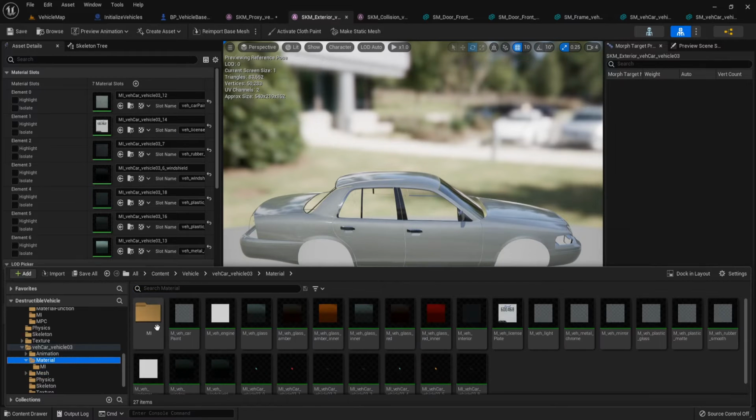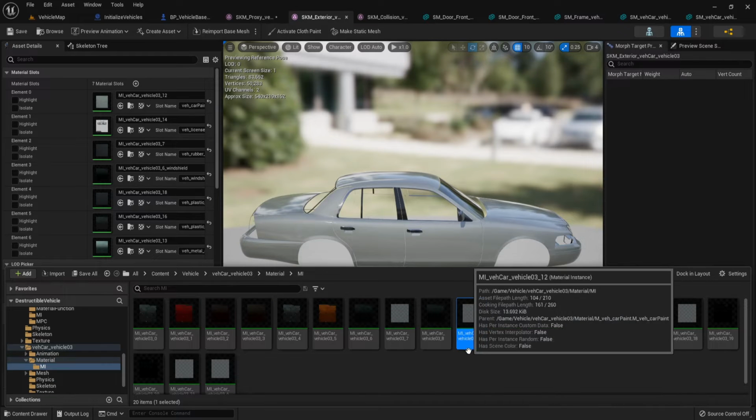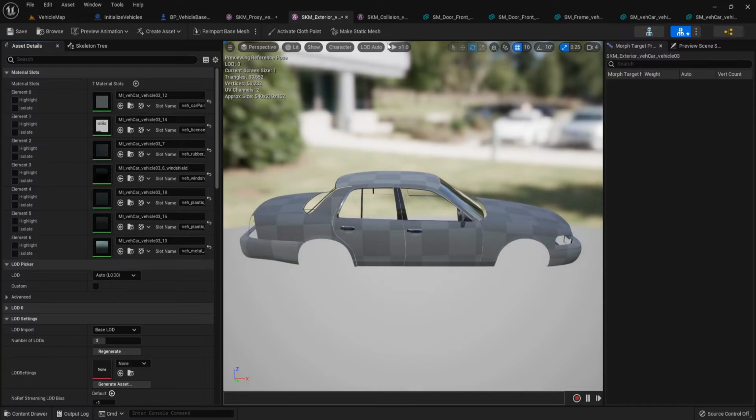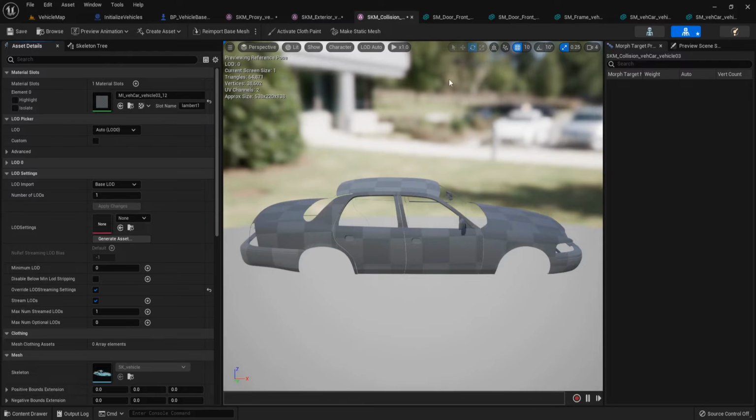Go to material and this material 12, set to this, and this one can use material 12